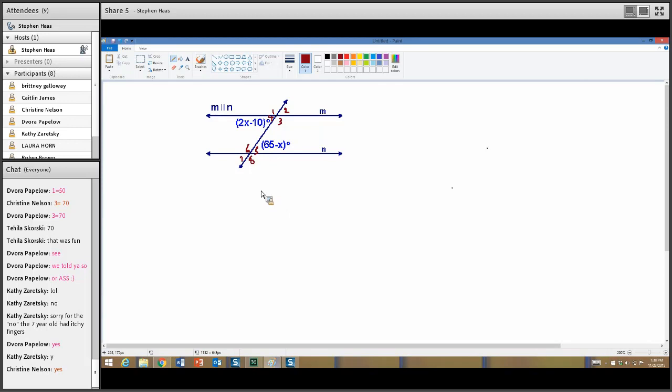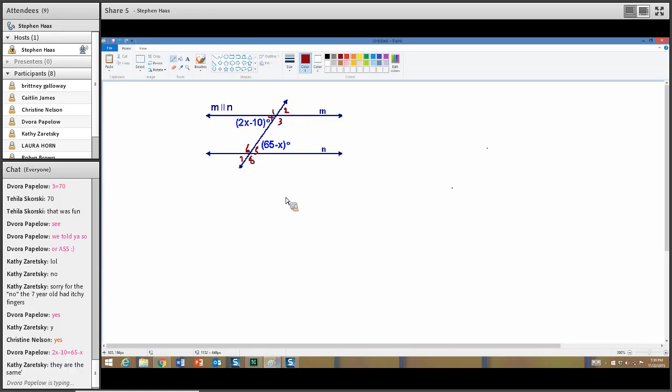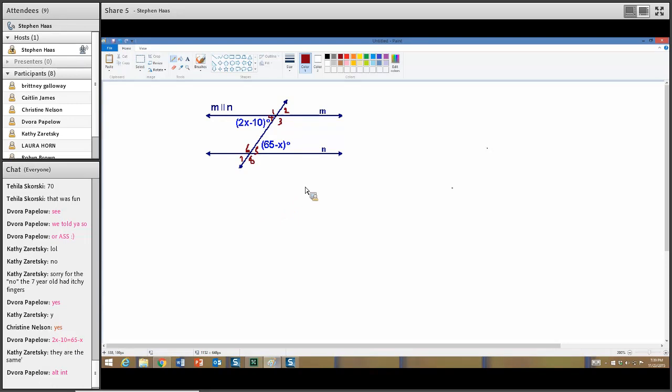So how would we do this from an algebraic perspective? What do we know about the relationship between the two angles that are given to us? What's the relationship between the 2x minus 10 angle and the 65 minus x angle? The answer is they're equal to each other. Why? Because they're alternate interior angles, right? The two lines are parallel. Good. So that means we can set this up as a very simple algebraic equation: 2x minus 10 equals